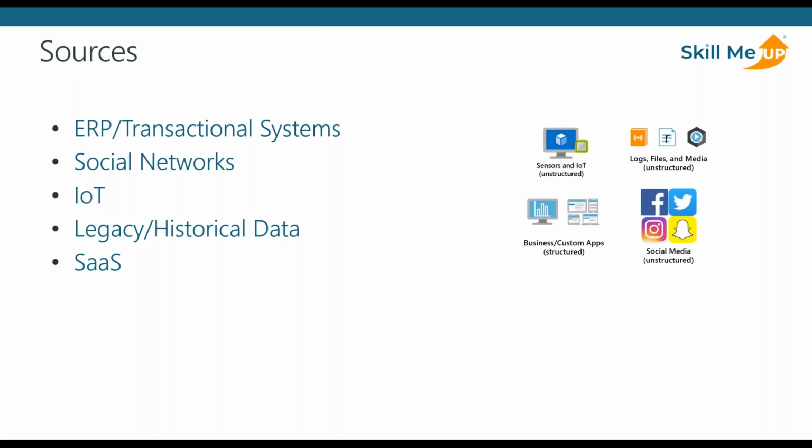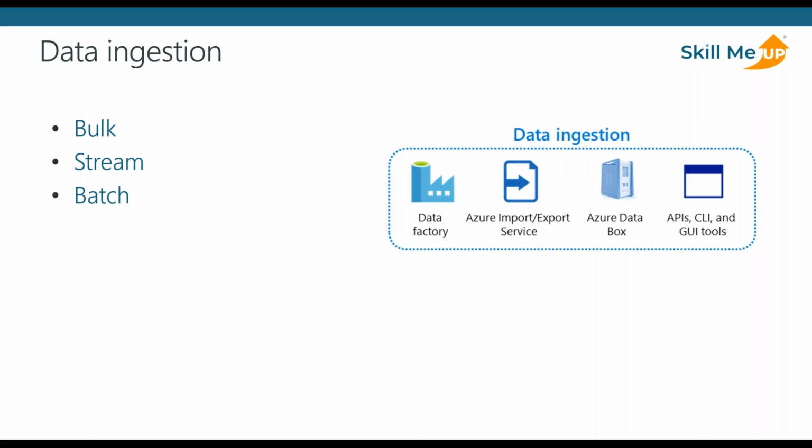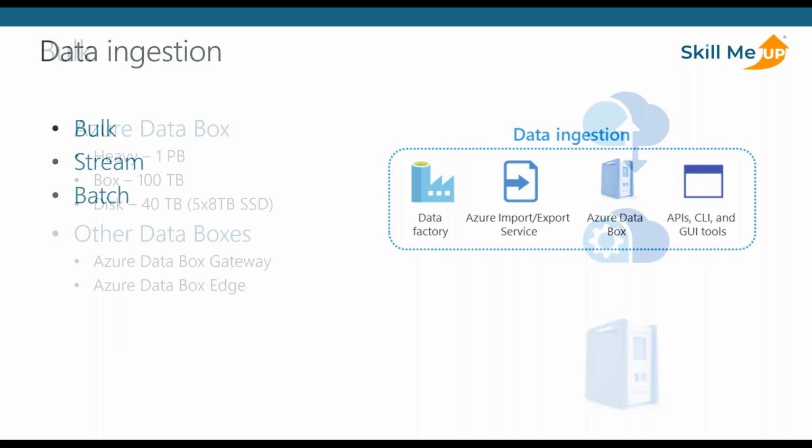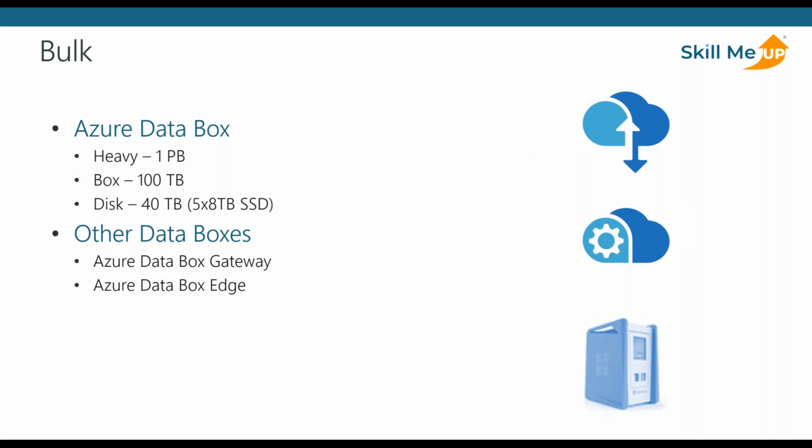warehousing strategy. As we dive directly into that ingestion piece, we basically have three main ways of pulling in data, and that'd be bulk, stream, and batch. And so, some overall services here that we would consider when we start to look at how we want to pull that data in. And sort of digging in a little bit, when we look at bulk, Azure Data Box